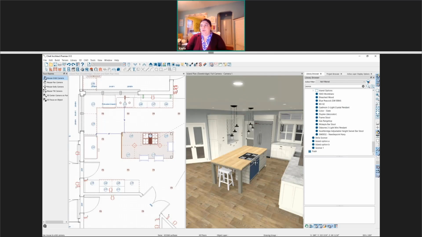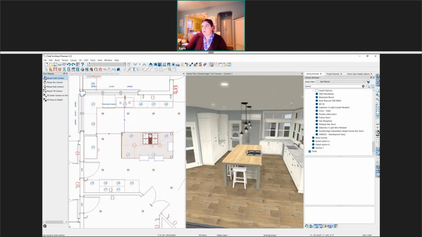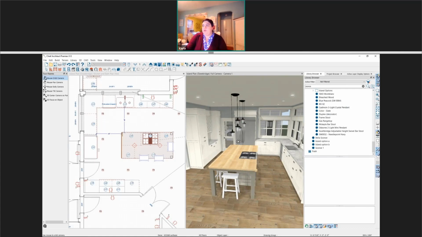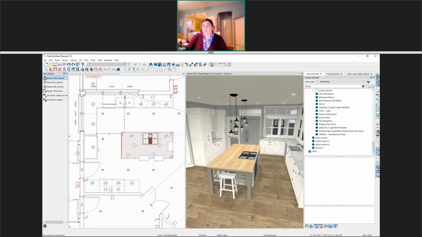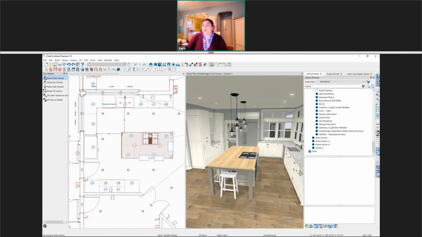you're grouping your materials. So in this example, I'm using one material for all of my outer cabinets, and then I have a different material set for my island. So I know that when I paste a material for my island, I'm only going to be pasting the ones that are utilizing that particular material.